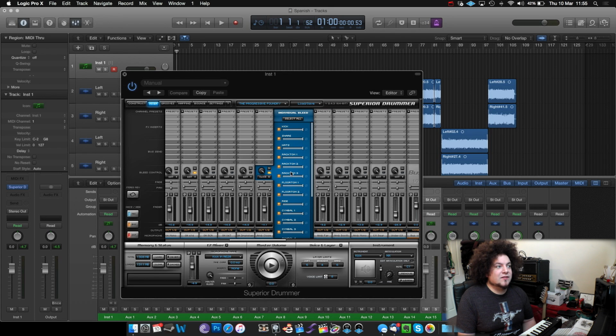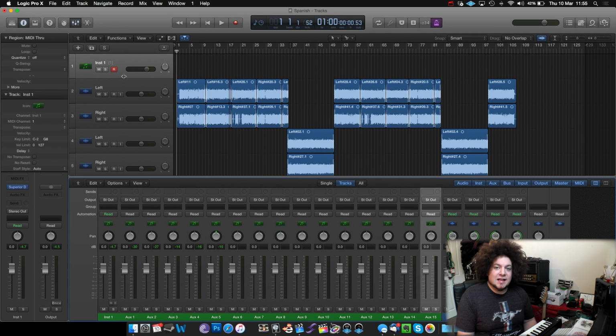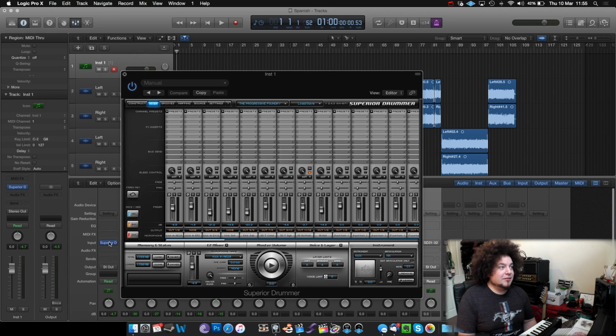And those are all individual bleed settings. So it means that on the ambient mic, I'm going to be able to hear the rack tom, any of the rack toms or any of the kick or snare, and I can turn those off if I don't want to hear them in that ambient mic, which is sort of playing with physics a bit in the real world, but because it's all software based, we can do anything we want. So that's how you create aux sends. You simply go to the output in the mixer window of the Superior plugin and select where you want that to go. So what I'm going to do now is I'm going to load up my Superior template